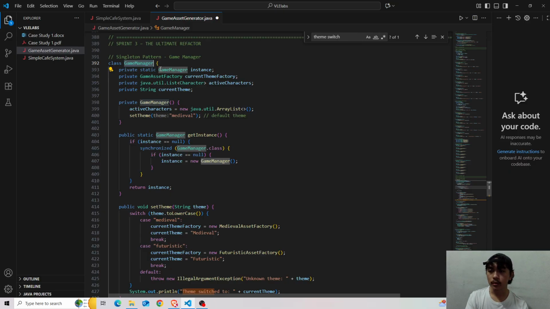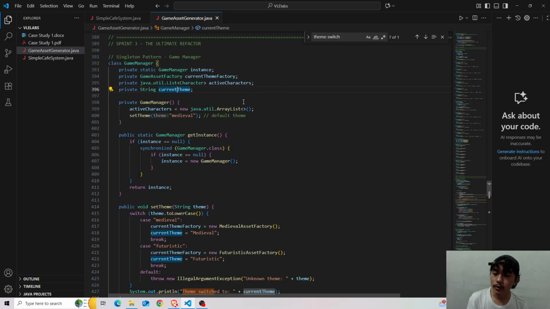For the game manager, it has an instance of game manager, in which we'll be using how singleton is going to be implemented, right? It has these instance variables here: game asset factory and a list of characters, and then a string of current theme. So the current theme factory, the active characters, and the current theme status or the instance.